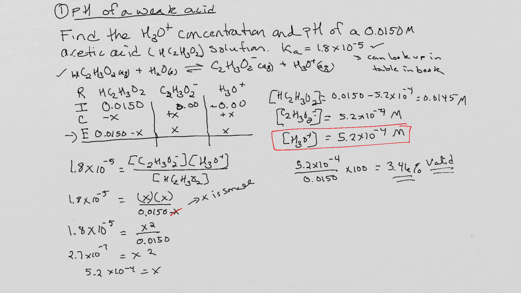So we have our hydronium ion concentration, and remember that the pH is equal to the negative log of our hydronium, which in this case equals the negative log of 5.2 times 10 to the negative 4. So if we solve for that, we get a pH of 3.28